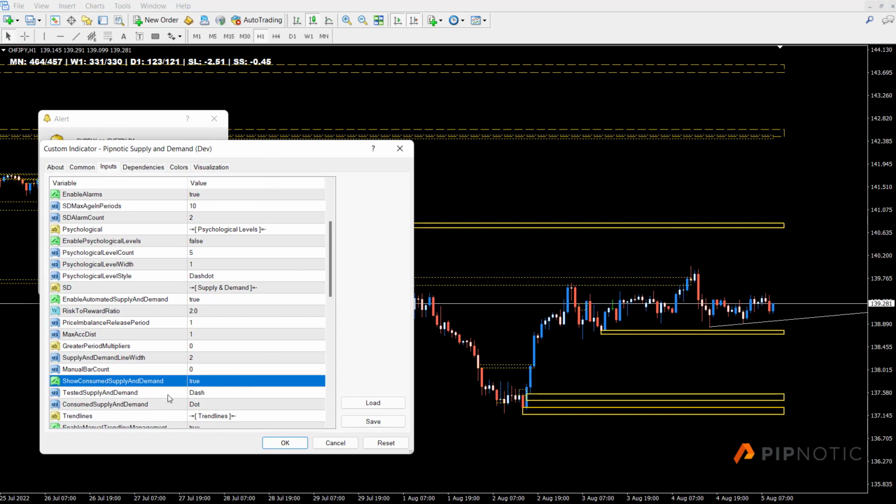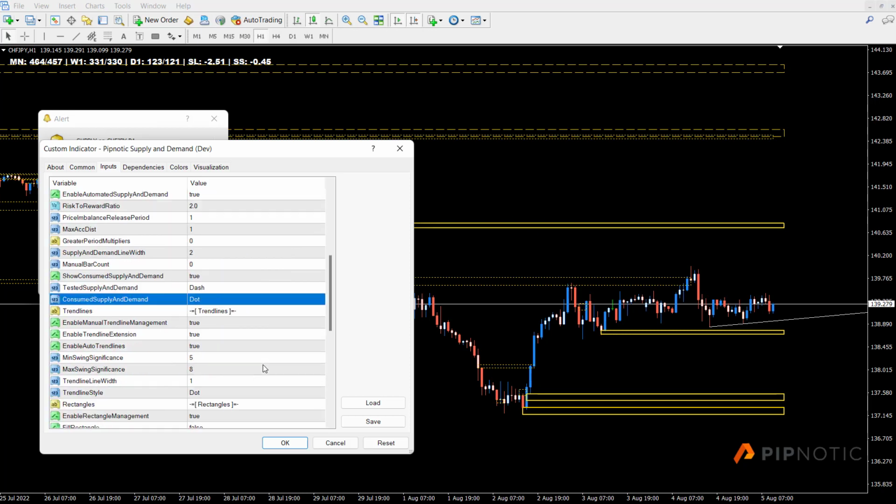Okay, and you can see here tested supply and demand, a dashed line, consumed supply and demand, a dot. Okay, so that's what we just touched on. Here we have trend lines. I like trend lines because they're very nice to see, because they're showing us where we can see the flows